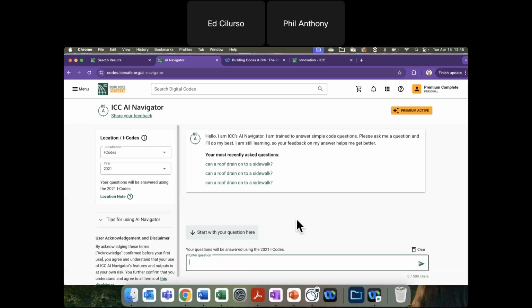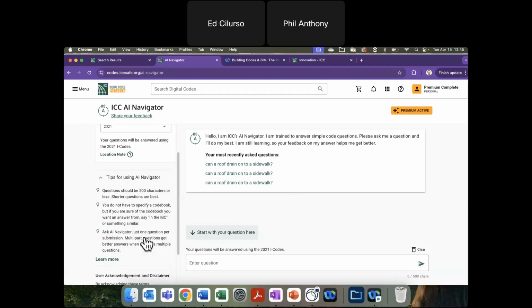And again, that's something I think that we do that is probably a little different than what I see other people doing: we try, within how we train it, to give it context on where to best source the answers from, even within a code set where it has access to a dozen different code books.